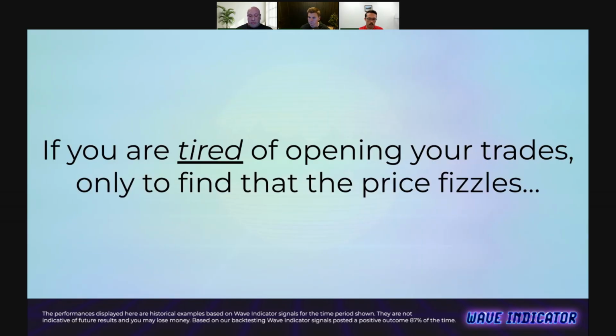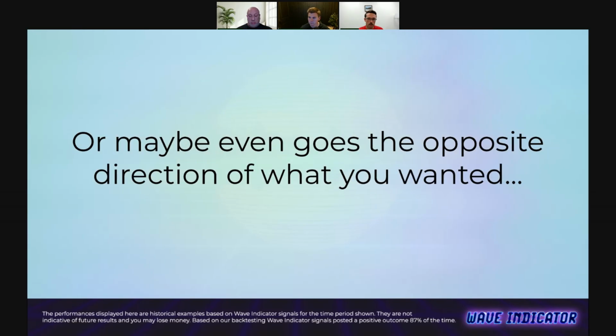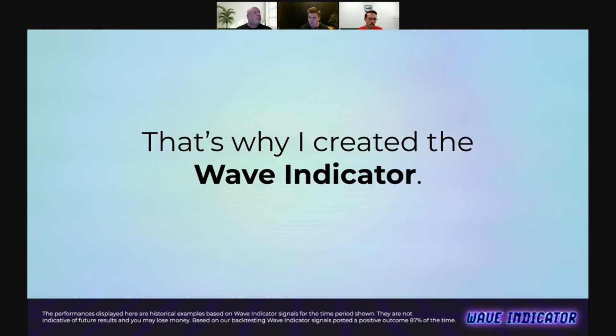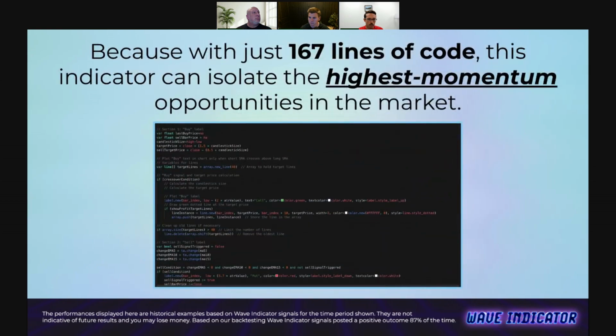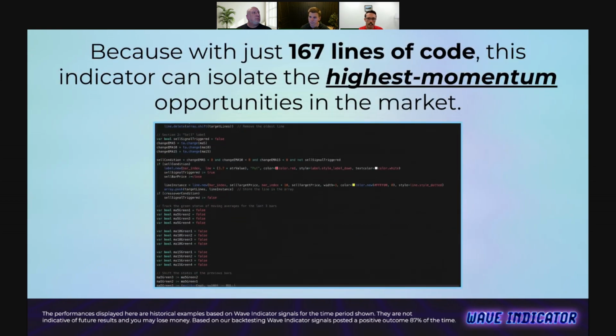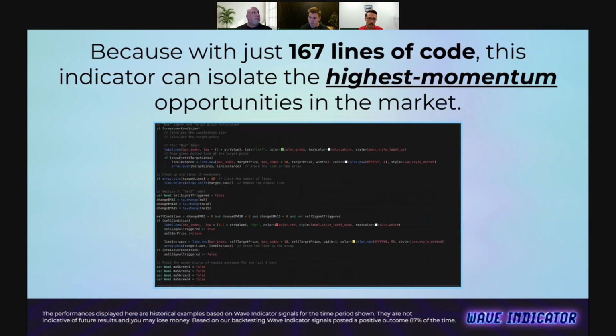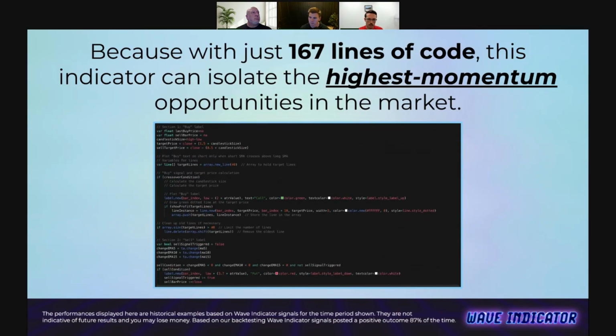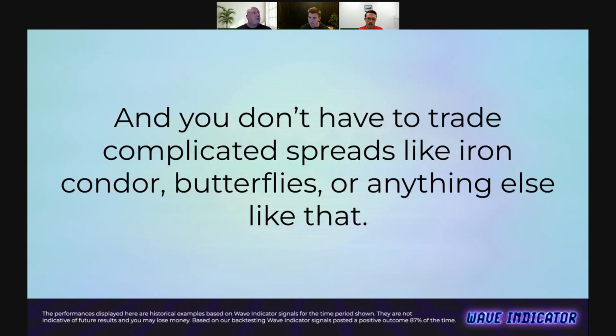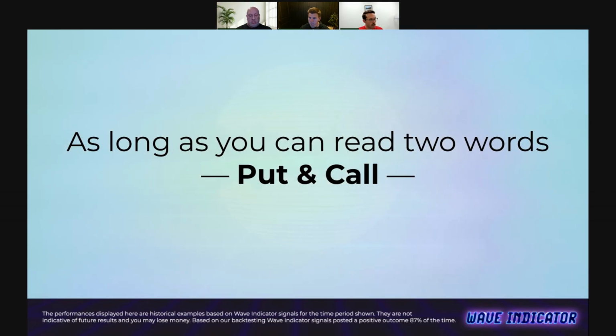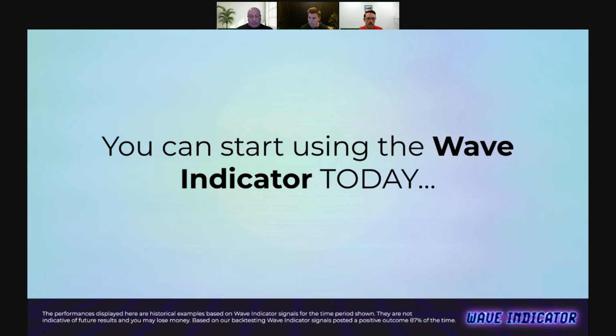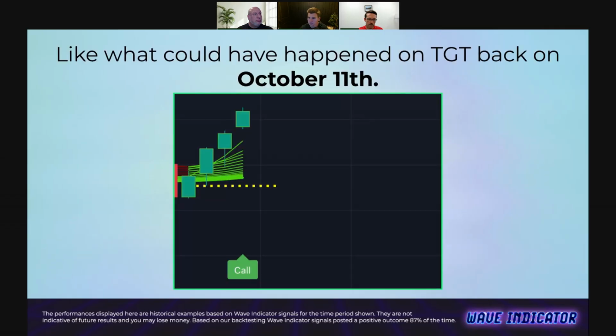So if you're tired of opening your trades only to find that the price fizzles or maybe even goes the opposite direction of what you wanted, you're not alone. That's why I created this wave indicator. Because with just 167 lines of code, this indicator can isolate the highest momentum opportunities in the market. And you don't have to trade complicated spreads like iron condors, butterflies, or anything else like that. As long as you can read 2 words, put in call, which I'm pretty sure if you're here, you're able to do that. You can start using the wave indicator today and find really, really awesome trade setups,